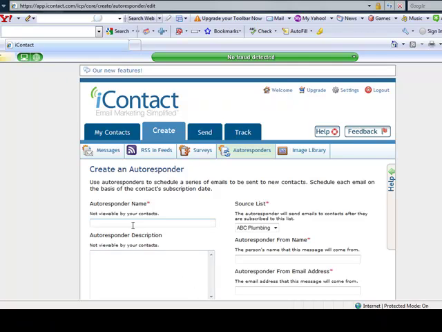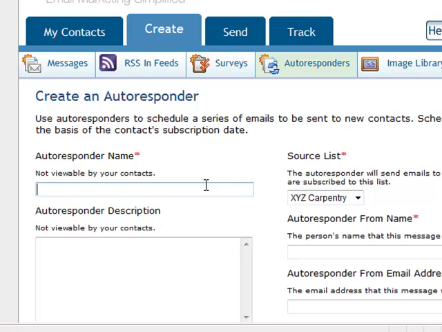And now you want to have the, let's see, it's got our source list of ABC Plumbing or XYZ Carpentry. We'll just call it XYZ Carpentry. This is just the title for the autoresponder series, not the actual messages that are going out. And I spelled carpentry wrong. Let's fix that. Okay. And good. Okay, autoresponder description. Again, not viewable by your contacts, you see here. So it's just going to be going out